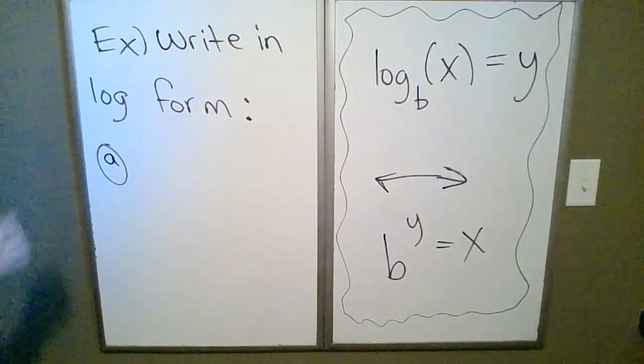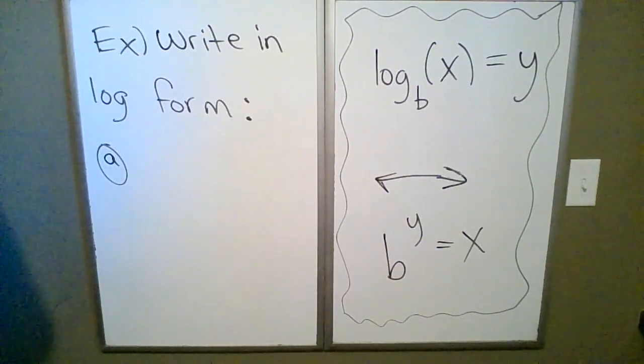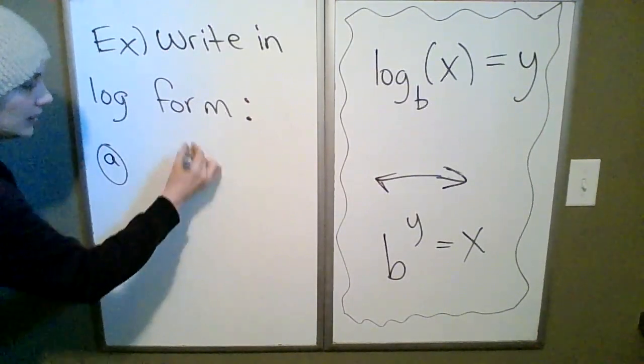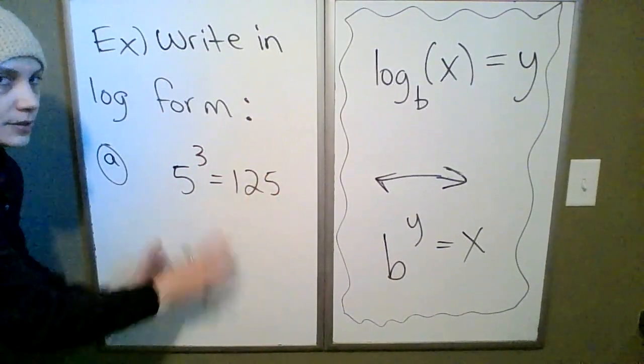I did 2 of these for part A. 5 cubed equal to 125. This is equivalent to